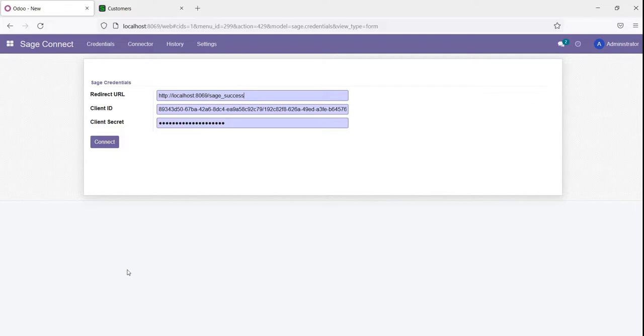Okay. So the first menu option is the credentials. In credentials, the connector requires a few credentials-related data, and you can create them from the developer console of Sage. After you create an application and get this data, you can put it into the Sage Connect credentials. Then, when you put in all the required credentials, you just click the connect button,